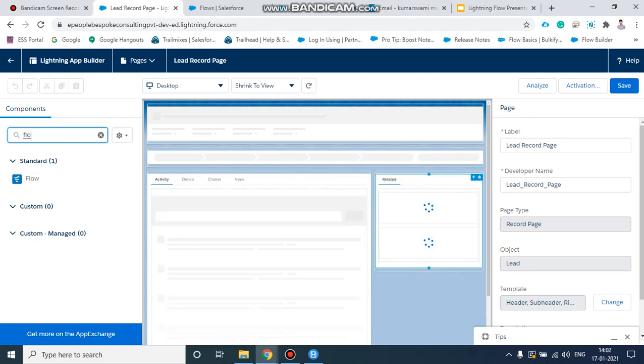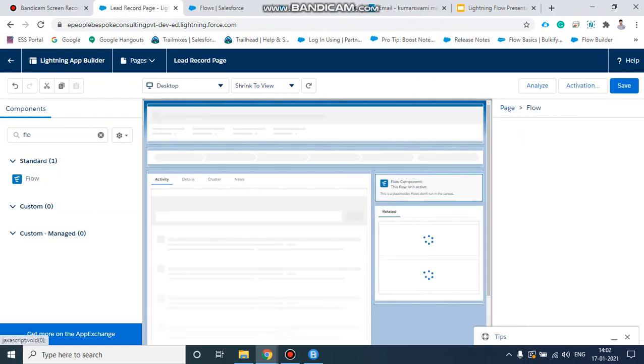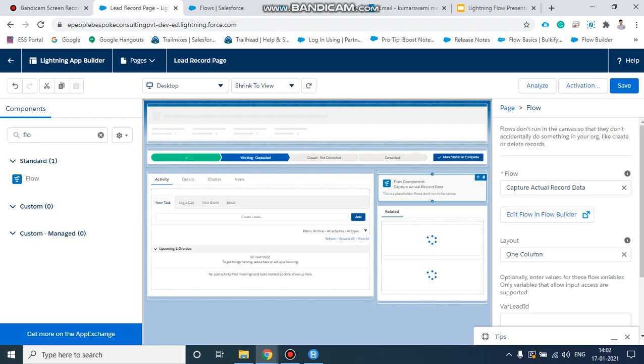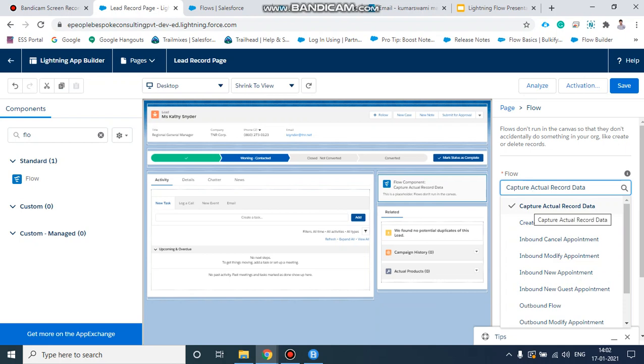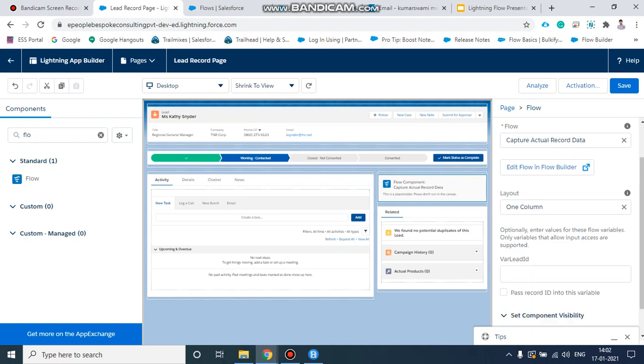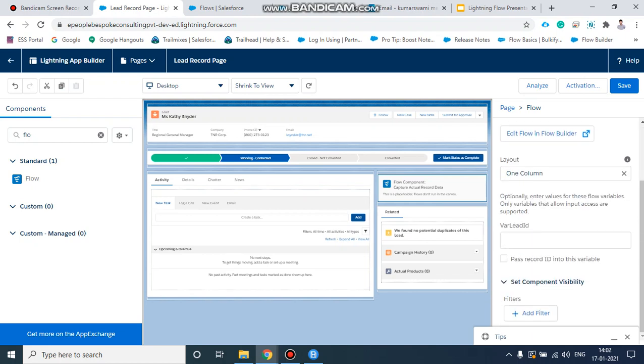I will drag it above the related component. Then we need to select which flow we want to showcase. There are many, but I want to showcase capture actual record data. Then here, this is a major thing: pass record ID into variable.